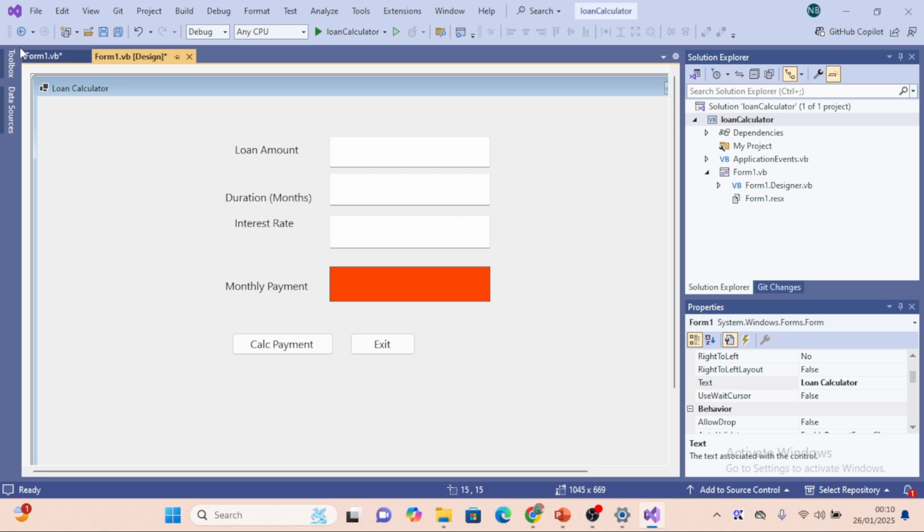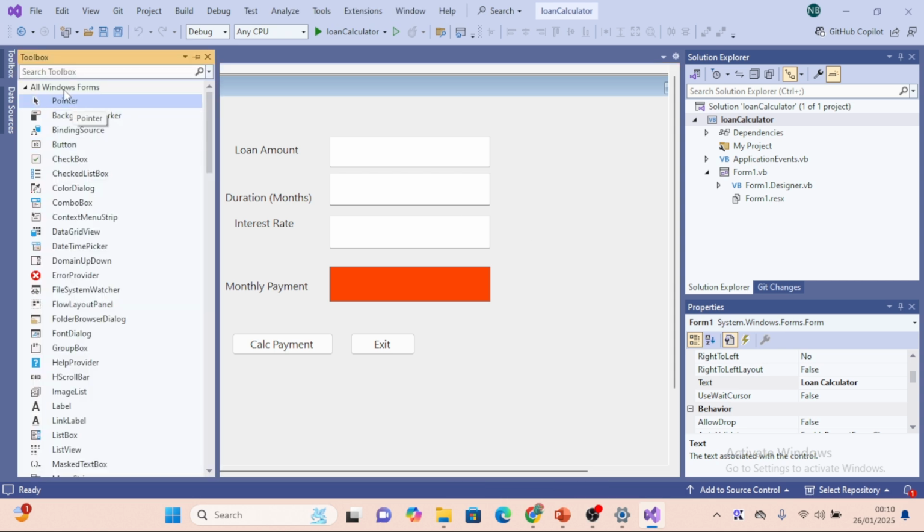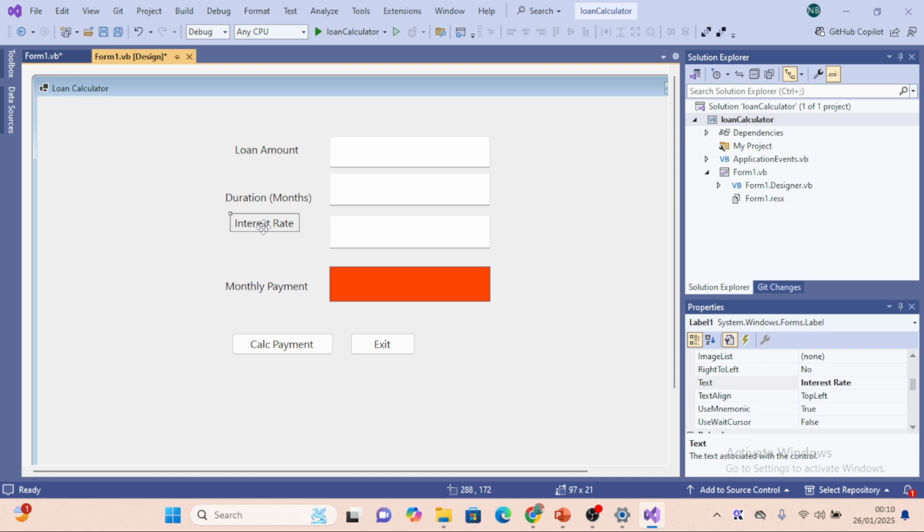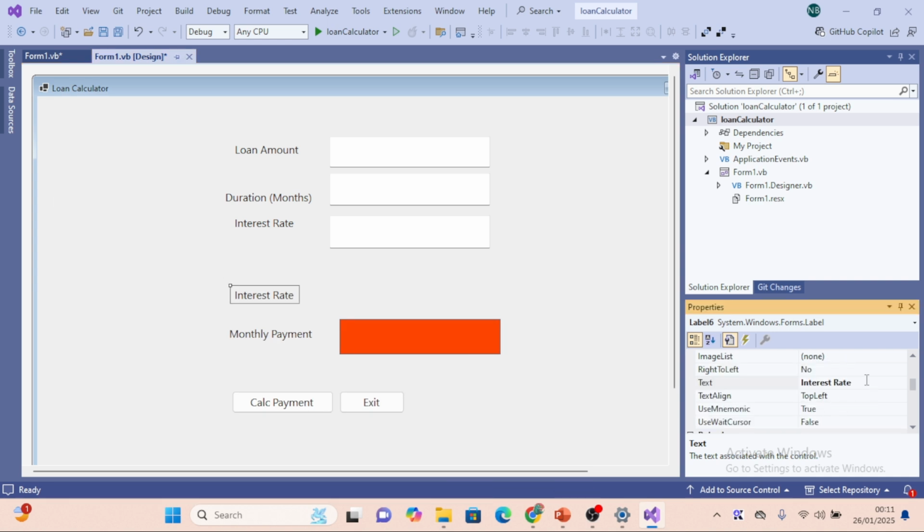I left that out, so we are going to move back to our toolbox, and I'm going to need another label, so I will just copy this and paste it back. I'm going to change this text property to